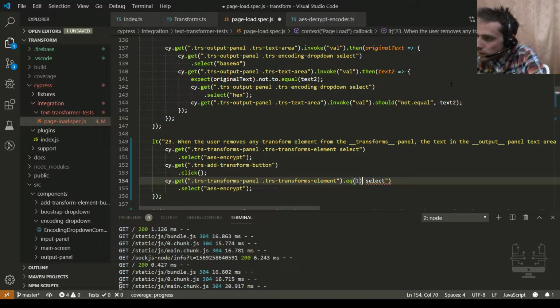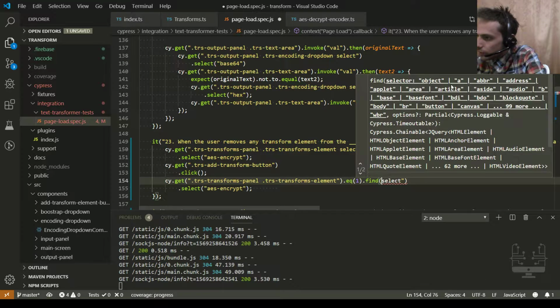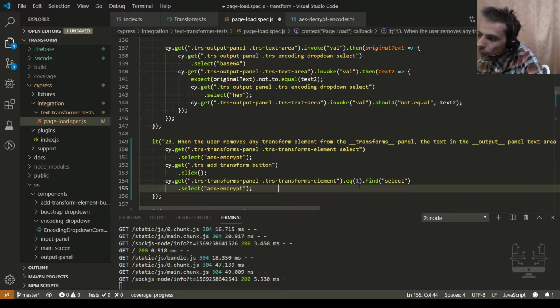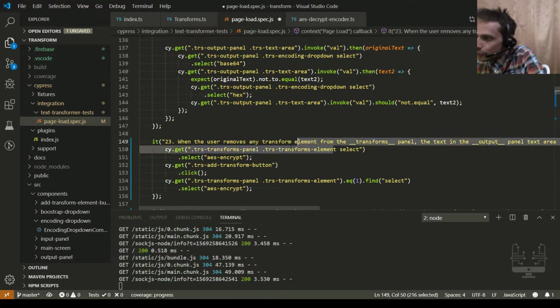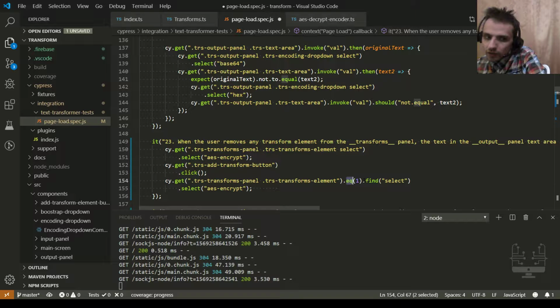EQ1, then find, select. So this EQ1 will select the second element from the list, because these TRS transform elements will have the same class, right? We will have two elements actually selected with this selector. So with the eq function with argument 1, we get the second element.